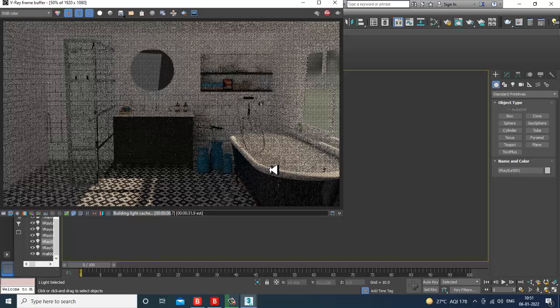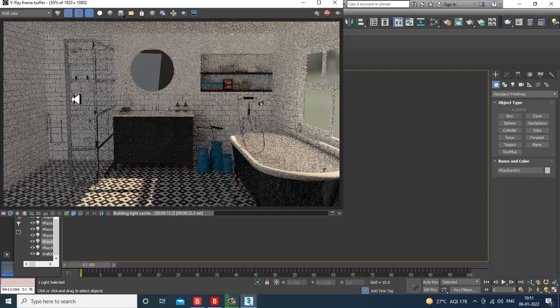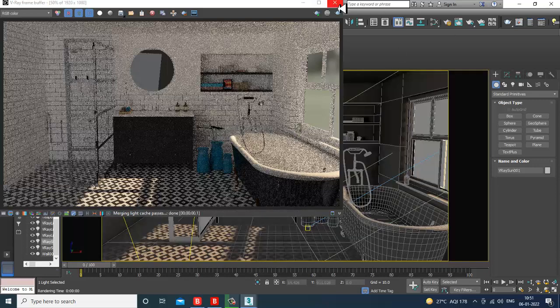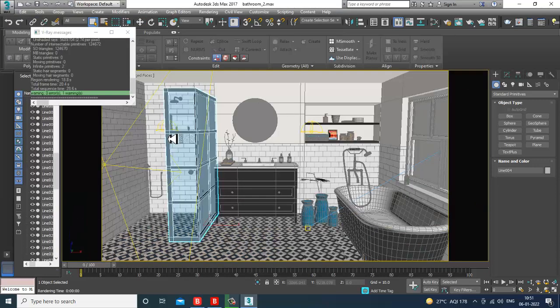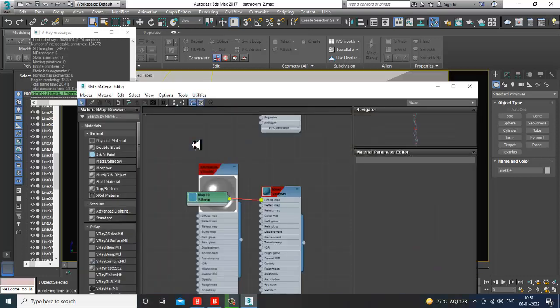So now what I'll be doing over here is, I can see this part. I think we have assigned it as an aluminium over here. I'll go into the material over here and I'll just check it.